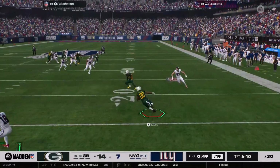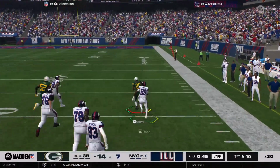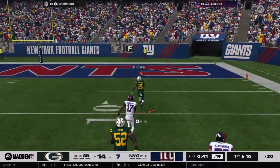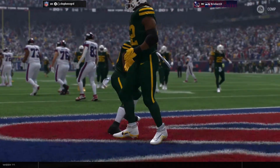And they pick him off again. There he goes on the right side. And he's going to go. It's a pick